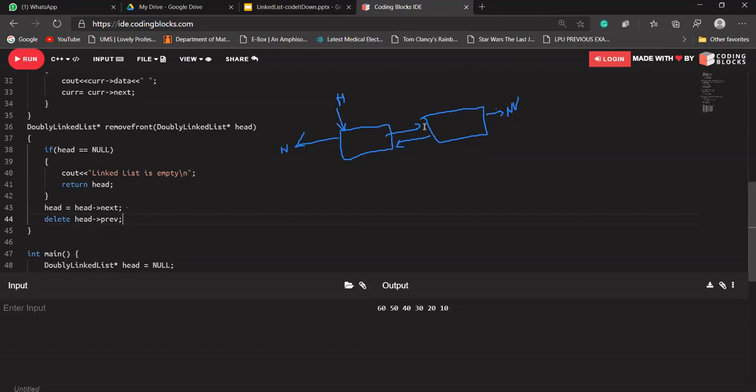Now our head is pointing to this node, and its previous will be pointing to this node, which is what we have to delete. So I'm asking our function to delete this node, and now head's previous should point to a null value, because its previous is being deleted and this is our first node.